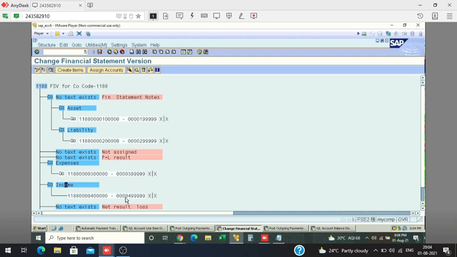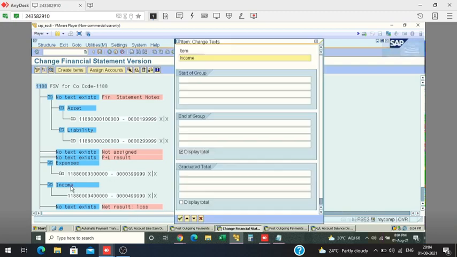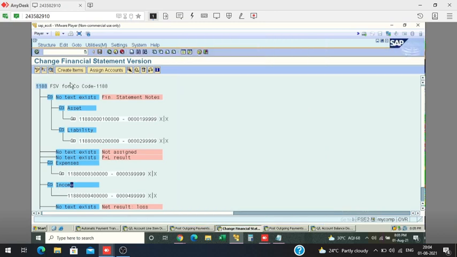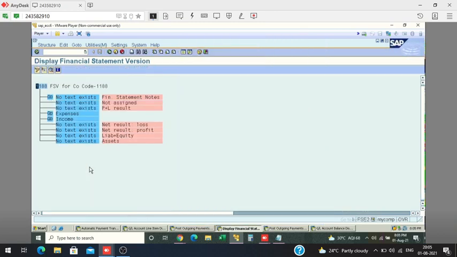Okay, what are we doing now? Now save. Yeah, you can edit it. Double click. Yeah, you can edit it. Okay, you can edit it like this.